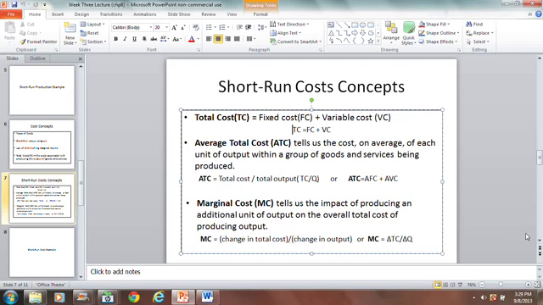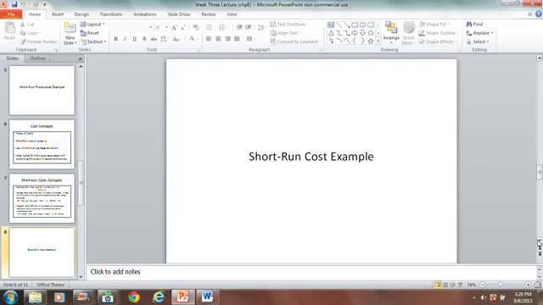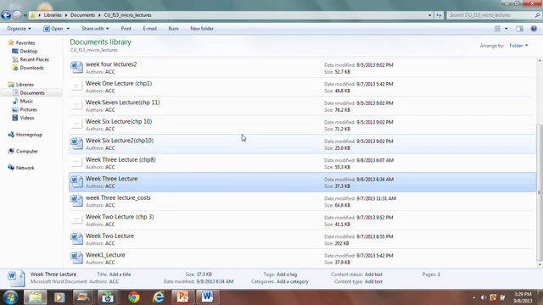Right? So those are the basic concepts in the short run. What we need to do now is play with them. We need to see how they behave, how to calculate them, and how they behave graphically. So let's attempt to do that. All right, and so to do that, let's introduce